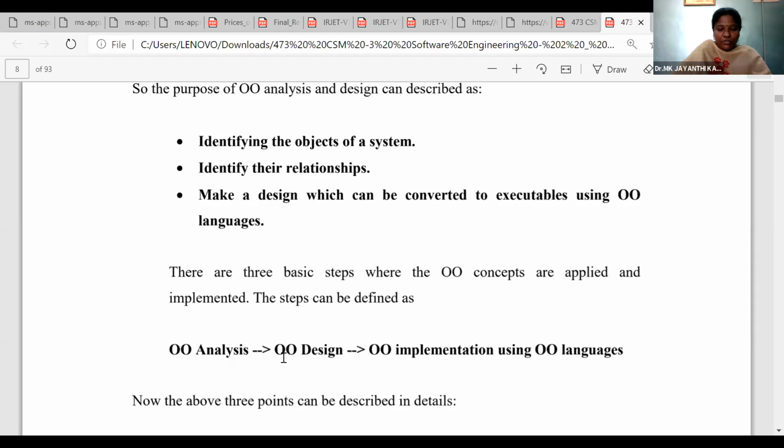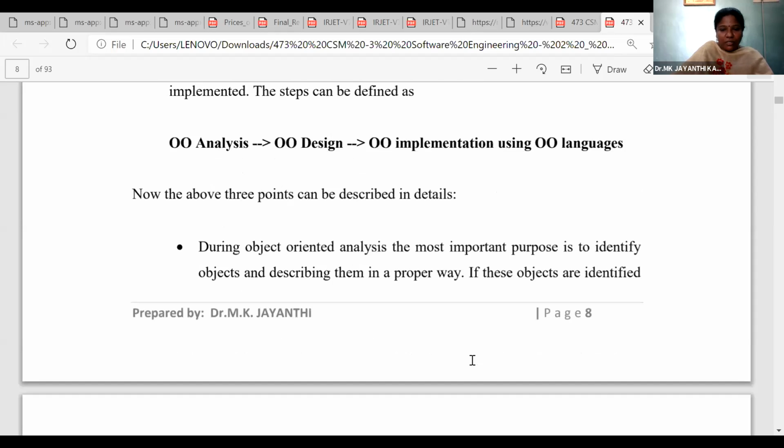The same way we should go for object-oriented design techniques, methods and tools. Then the implementation coding also, we will go with object-oriented programming languages like C++, Java or Python. So UML is totally focusing on object orientation.